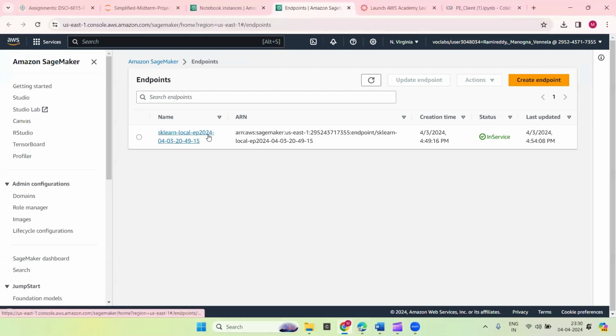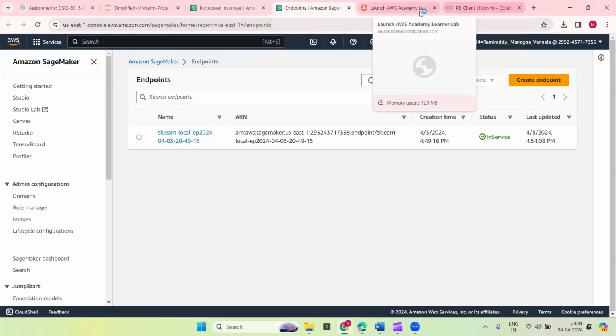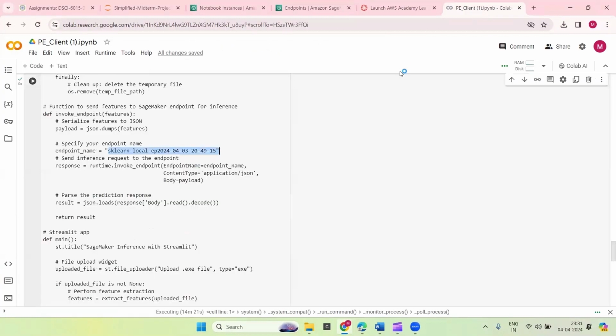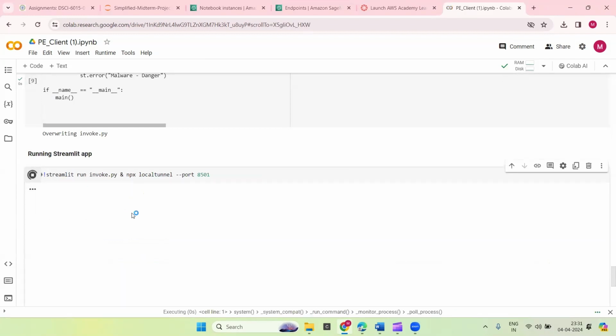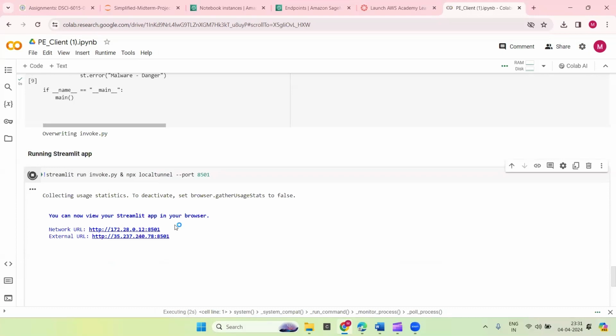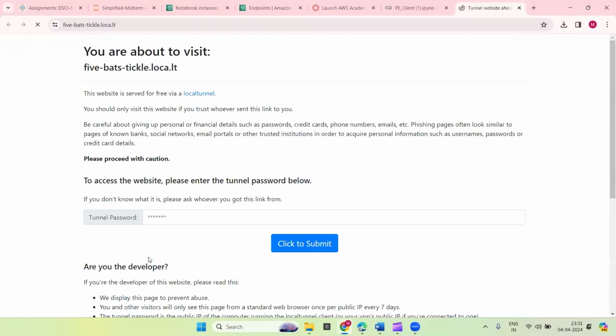Yes, this is the endpoint name, and I have given that in the file. And here I'm running the Streamlit app command, and I'm going to rerun this. So now this is the URL for the web page. Here I'm going to paste the IP address which I copied earlier because it's a tunnel password. And when I click submit,